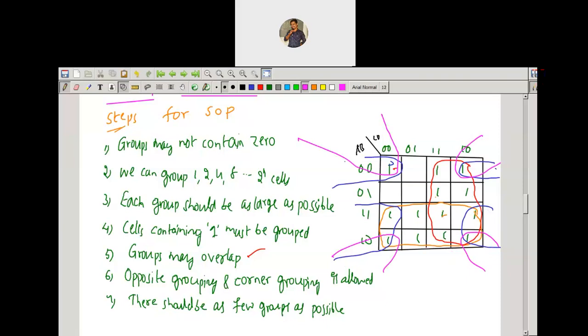Coming to the seventh point, there should be as few groups as possible. That means you have to form only the minimum number of groups possible. If you take this example, only three groups are enough here, instead of all this grouping. Let me show you the actual grouping. I am showing the required grouping in black color here. So these 8 cells